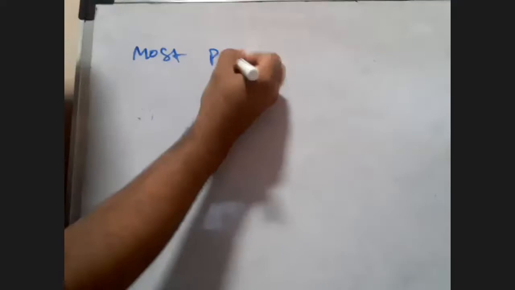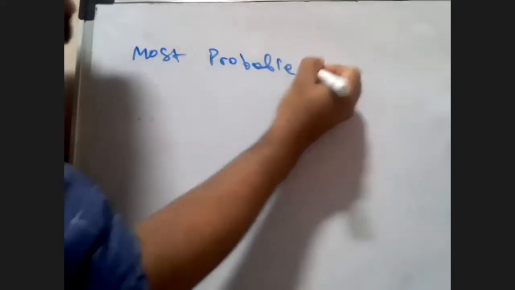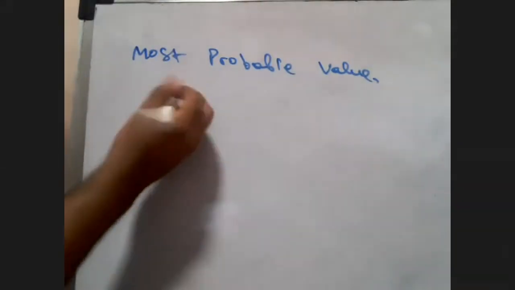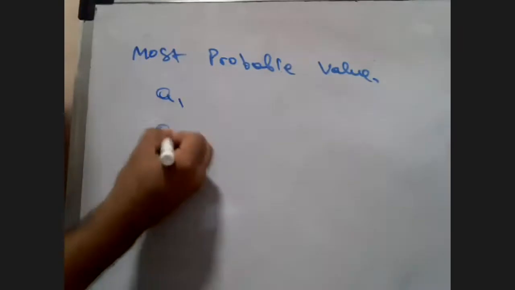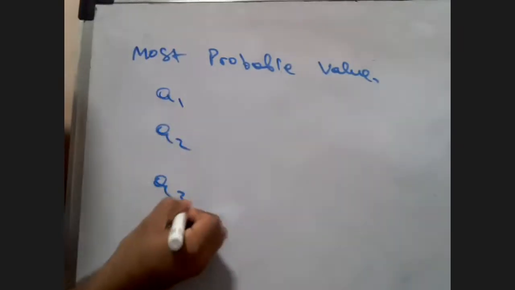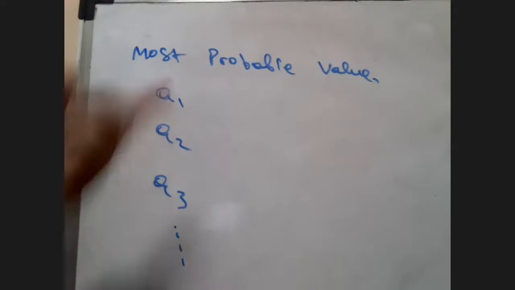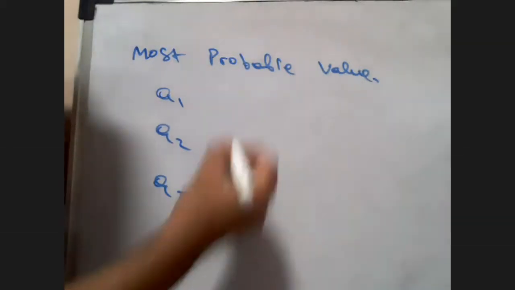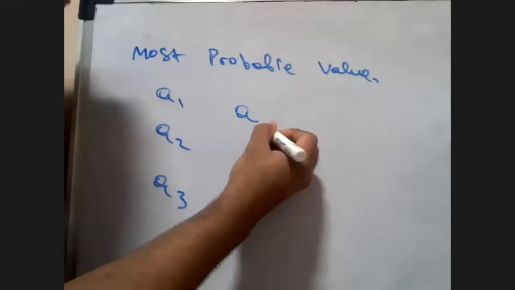But now comes calculation of errors. How do we calculate errors? Students, the first thing was most probable value. This is important. What is the meaning of most probable value? Basically you have taken a measurement of some certain object 1000 times, and you got some measurement A1, some measurement A2, some measurement A3, and so forth. If you have to find the most probable value, or the mean value, it is basically A mean.